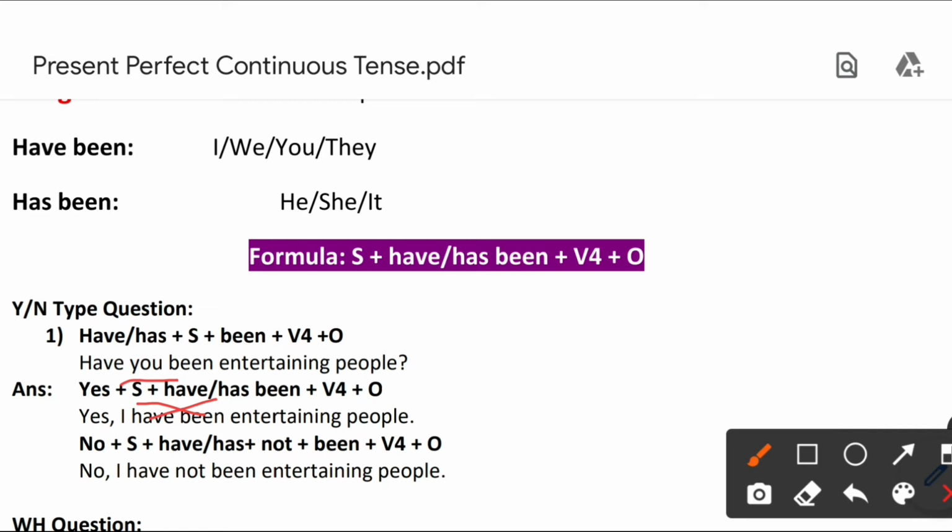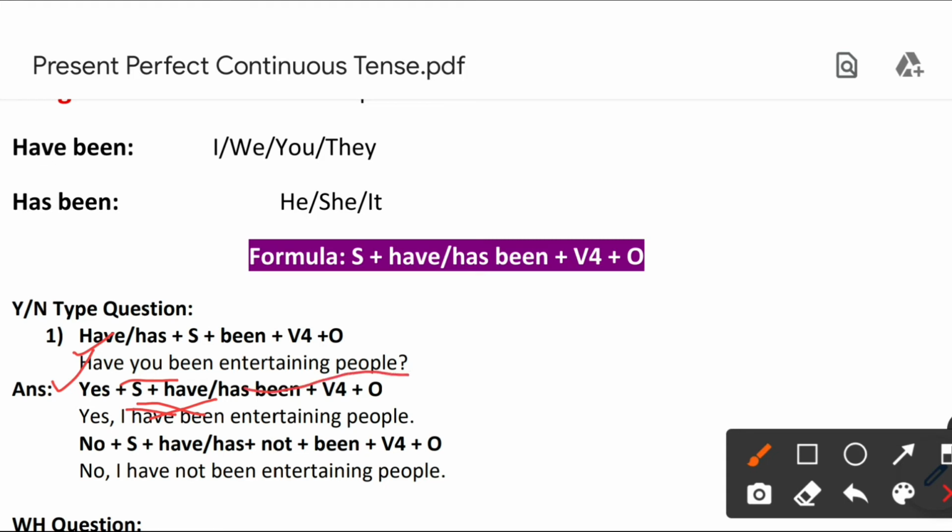In a simple sentence or positive sentence, what do we do? We use the subject in the first place and then have or has. In a yes-no type question, we use the helping verb in the first place and then the subject. That's the difference. Whenever your sentence starts with a helping verb, then it's a question. Always remember. So the question becomes, have you been